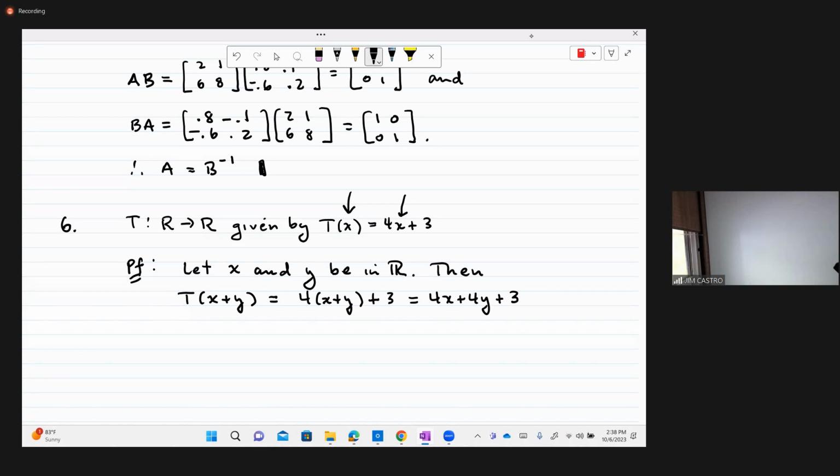So, notice it's starting to take the structure of a counterexample proof. I just stated the things that I'm going to work with. It's not a counterexample, but these are the objects that I'm going to be using, x and y. Then, if you think of the other side of the equation as the conclusion, if t of x plus y equals 4x plus 4y plus 3, then t of x plus t of y should equal that also. So I'm gonna say,